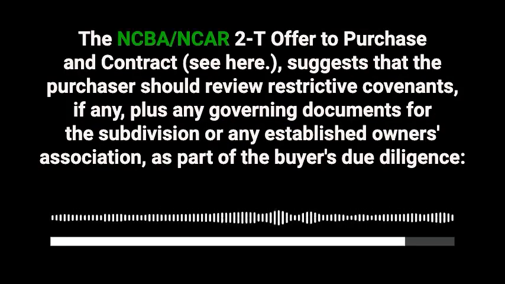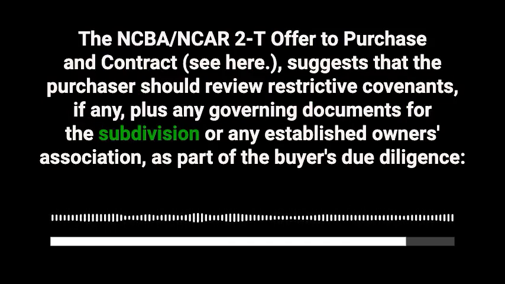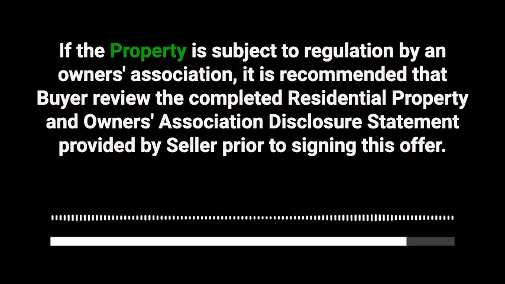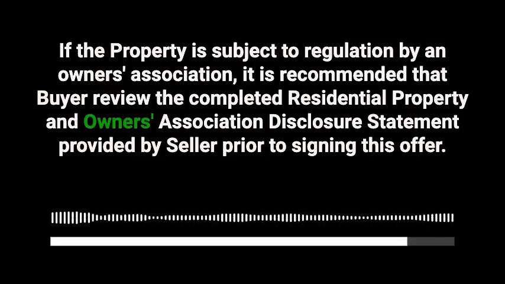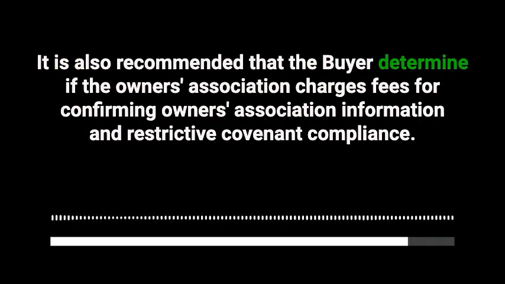The NCBA, NCR Form 2T offer to purchase and contract suggests that the purchaser should review restrictive covenants, if any, plus any governing documents for the subdivision or any established owners association, as part of the buyer's due diligence. If the property is subject to regulation by an owners association, it is recommended that the buyer review the completed residential property and owners association disclosure statement provided by the seller prior to signing this offer. It is also recommended that the buyer determine if the owners association charges fees for confirming owners association information and